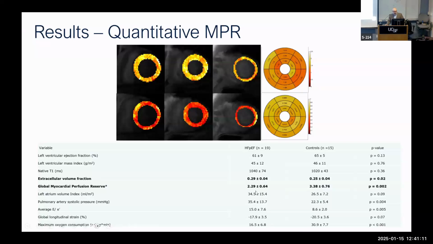However, when we look at the global myocardial perfusion reserve, it was really normal in these controls, markedly abnormal in these patients. All of the other parameters of the morphology, the LV mass, was actually similar. EFs were completely similar. And these patients, just for what it's worth, if you look at their VO2 max, you can see that these HFpEF patients were at a marked decrease in their functional capacity. So patients that visually you wouldn't really pick up anything, where this ECV and global perfusion reserve give us novel